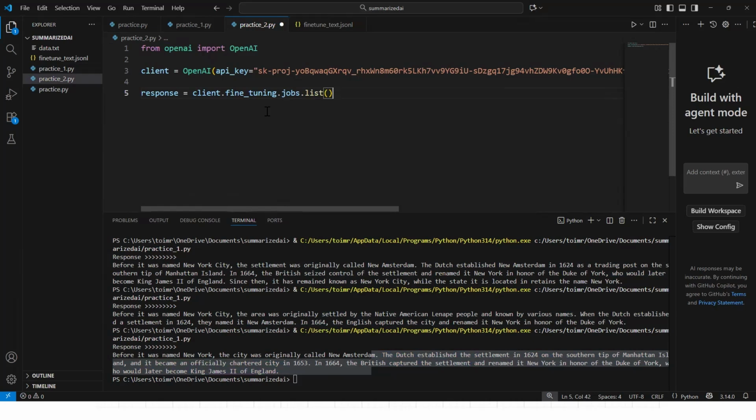Okay, and then we can say job count. We can identify job count equal to length of, but before, yeah, job count, we can say response dot data. Okay, this is the very first thing. And after that, what we can do is loop through all the jobs. So I can say for job